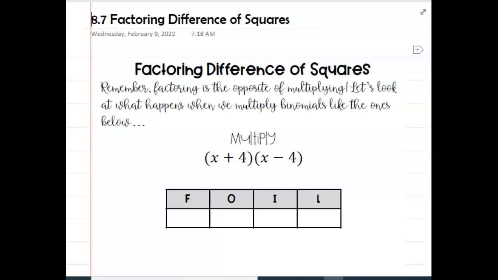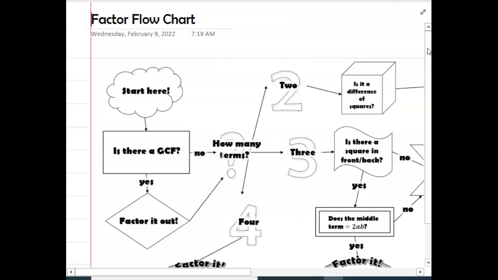Now, I mentioned that today's way of factoring is so incredibly easy. Today we're going to be doing what's called factoring differences of squares. So if we go back to the factor flowchart. Now, remember, and I've said this I think already 3 times today, because you can count how many times I've said this before today,